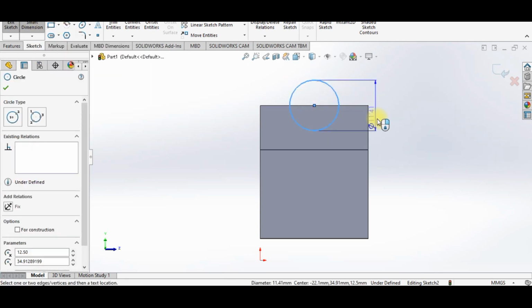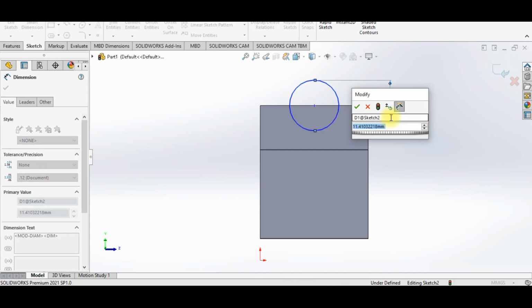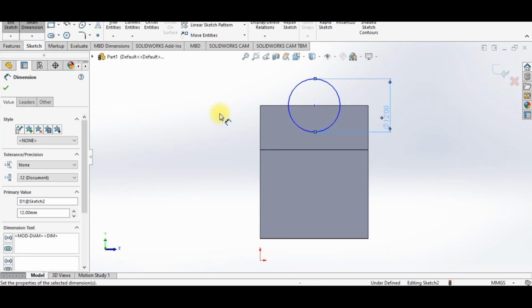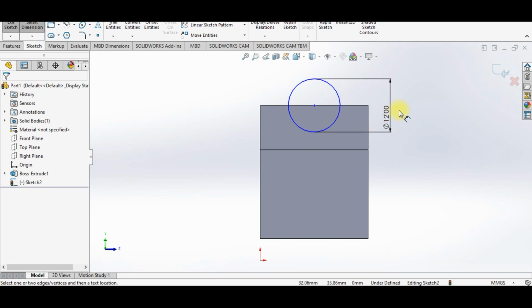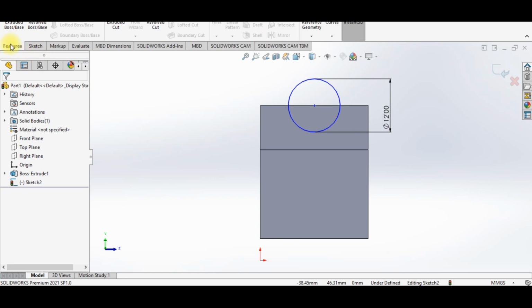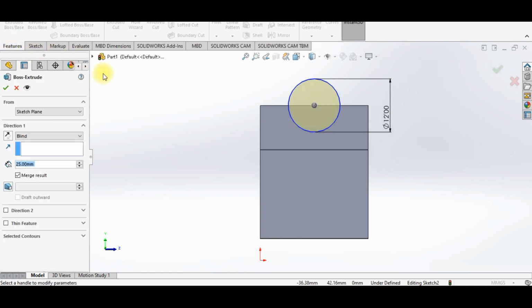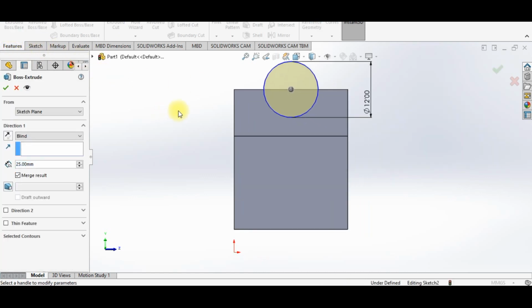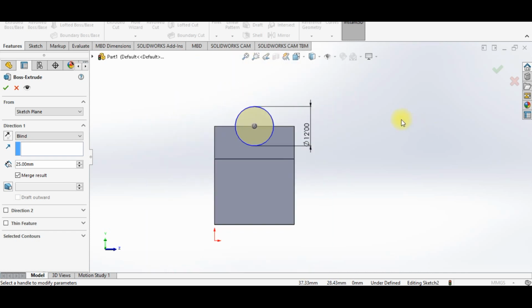Circle. 12. Okay, got it. And then I think right now we go to features, extrude. Then you have to take the whole thing. Okay, you have to